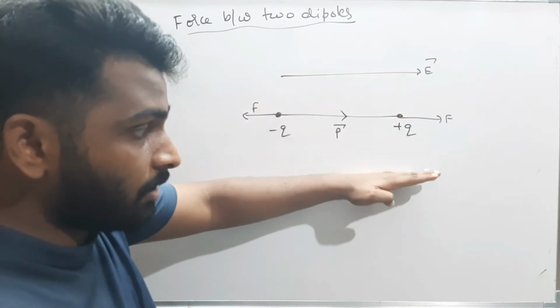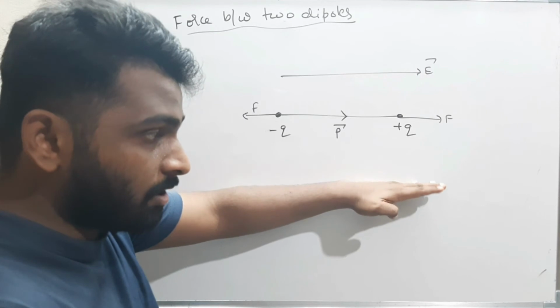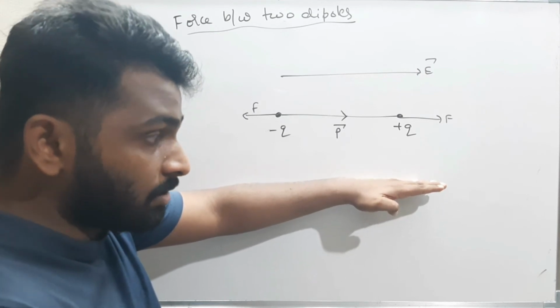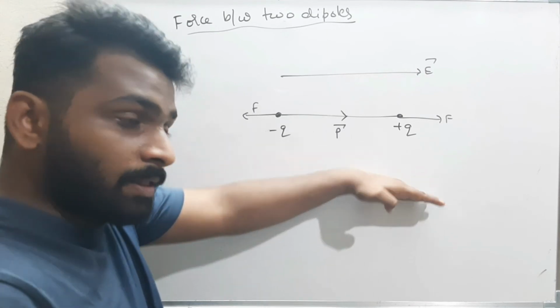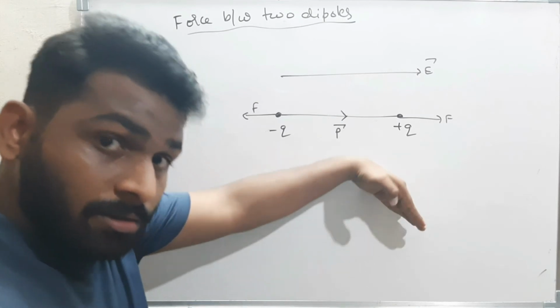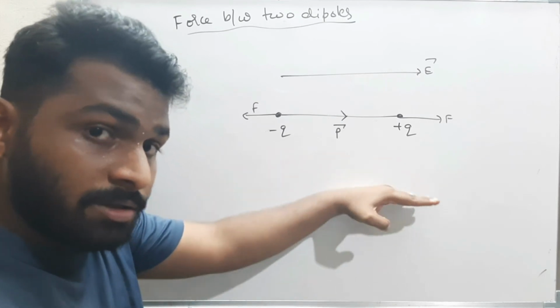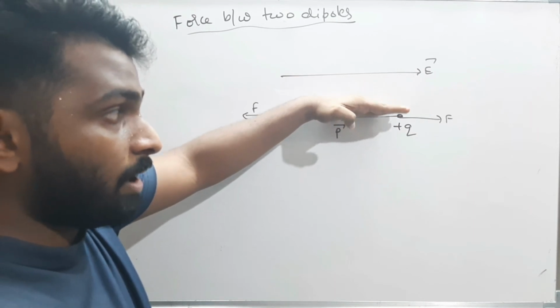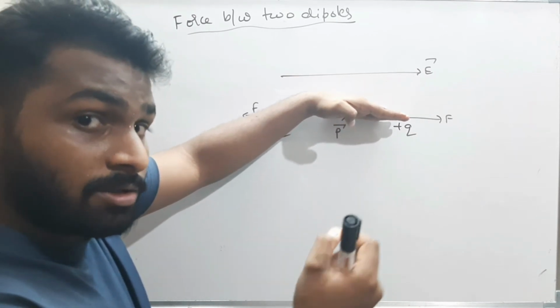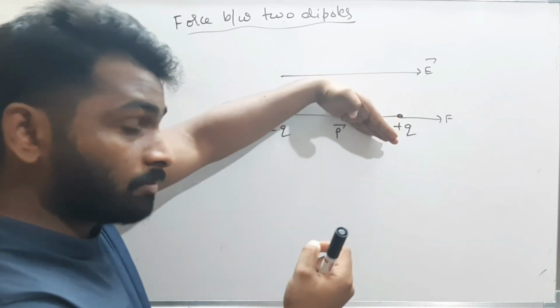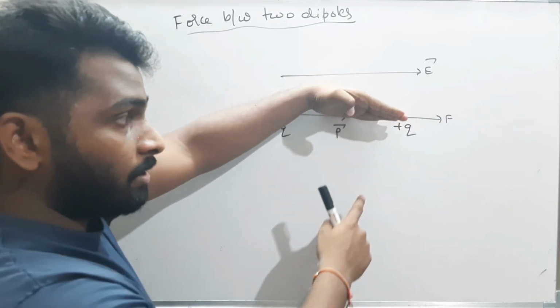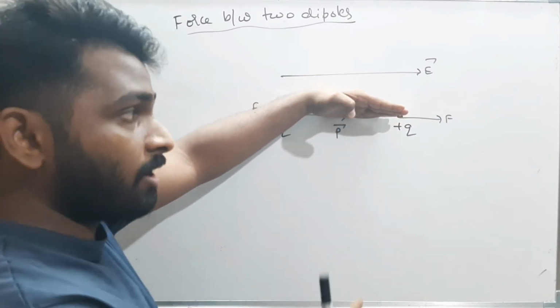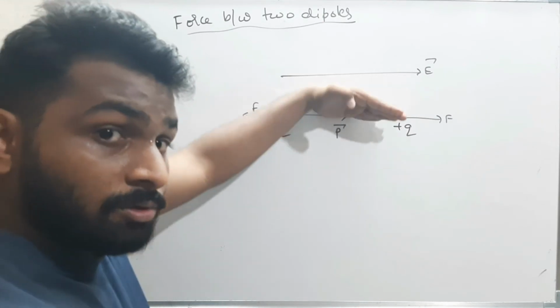It won't stop there. If this is the initial condition, if I rotate it and leave it, what will happen? This will come back, again it will come down, and it will start to oscillate. Can you guys imagine that? If I leave it like this, it will come back, it won't stop there, it will gain some velocity. Because of that velocity, it will come down. Again it will come back, again it gains some velocity, so again it will go up. That means it will start to oscillate.